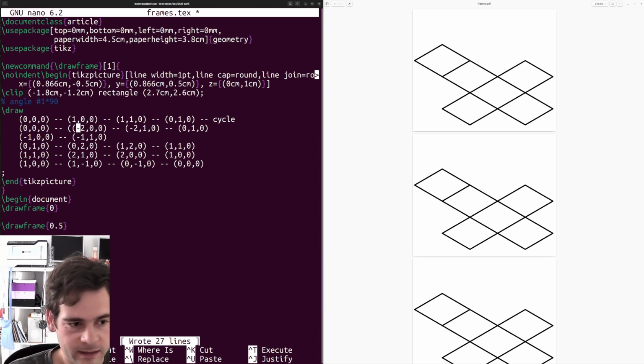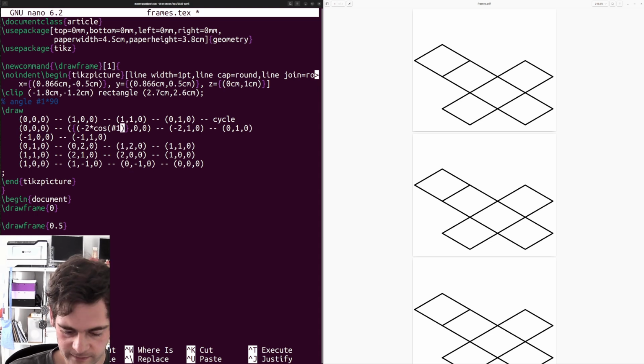So now I think it's as simple as putting them inside these here. If that's cos of this times 90, I don't need to put brackets there, like that. Similarly here, that times cos hash 1 times 90. Cos because